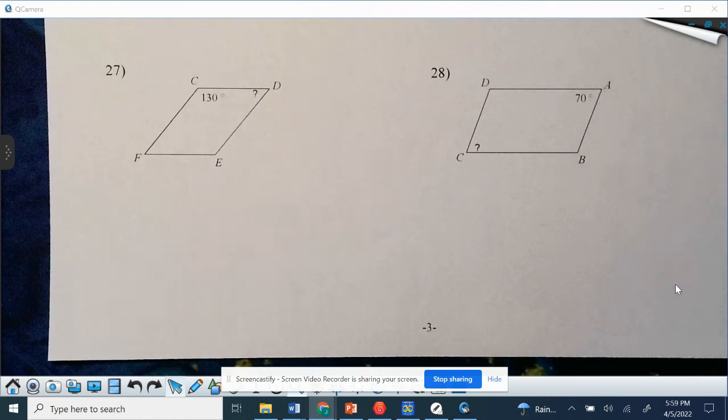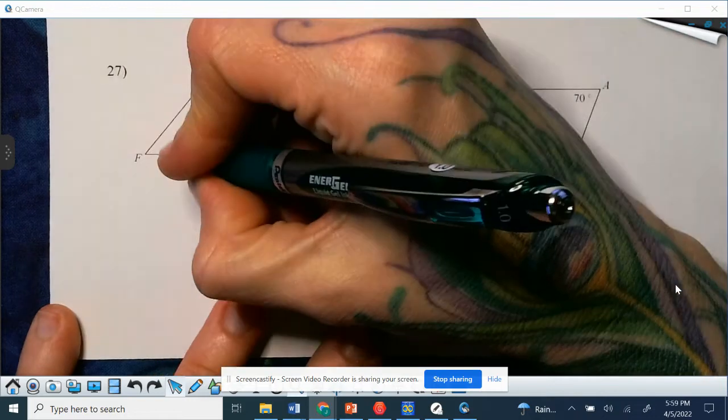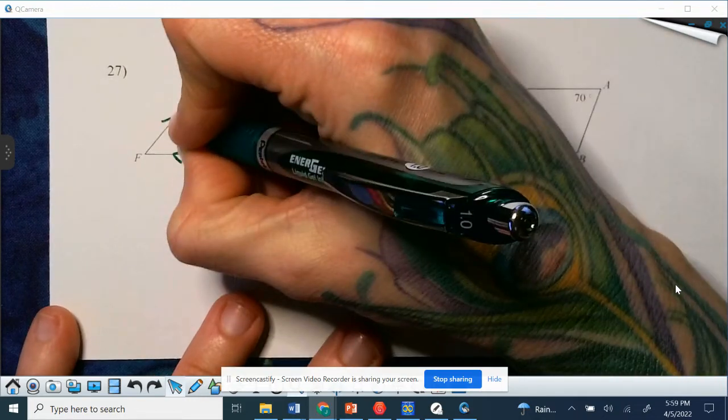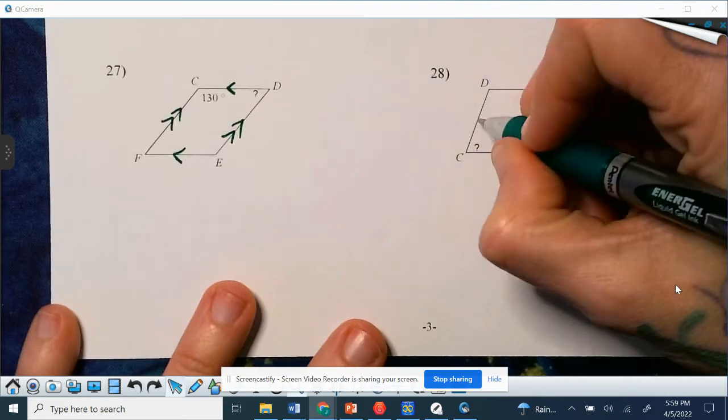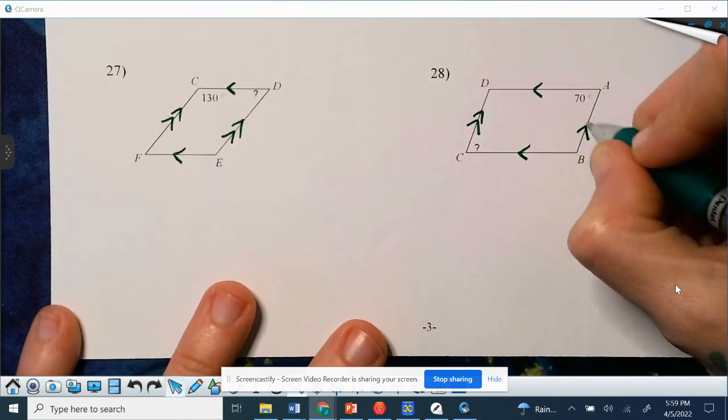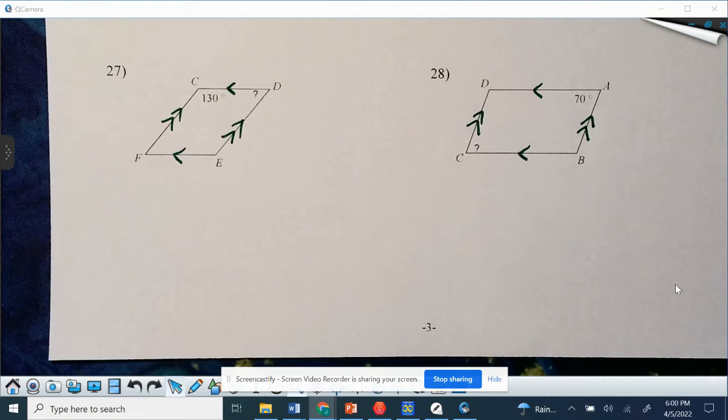Skipping down to 27 because I don't want to get into diagonals yet, but now we've established in the instructions that these are parallelograms. And parallelograms, remember, that means these two sides are parallel and these two sides are parallel. So this side is parallel to its opposite side, and these opposite sides are also parallel. And the reason that matters is because if you can remember two parallel lines cut by a transversal from back